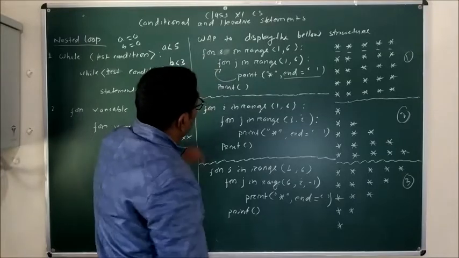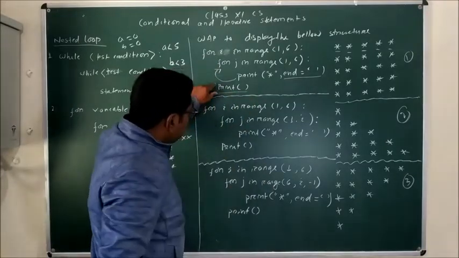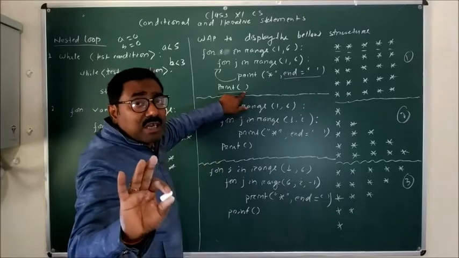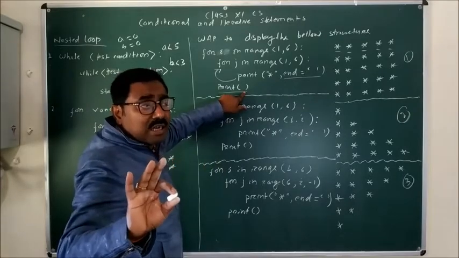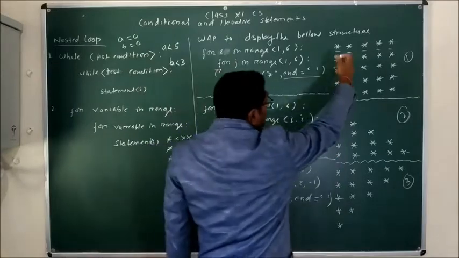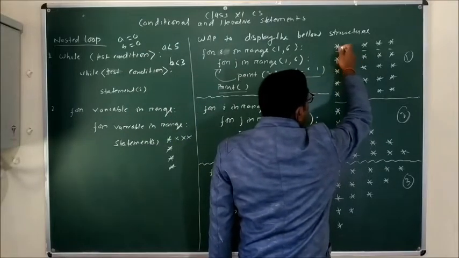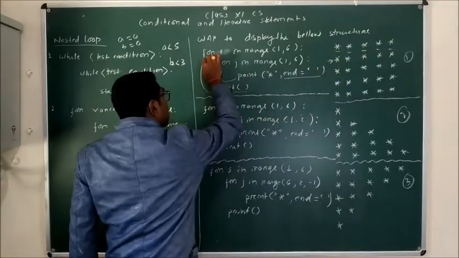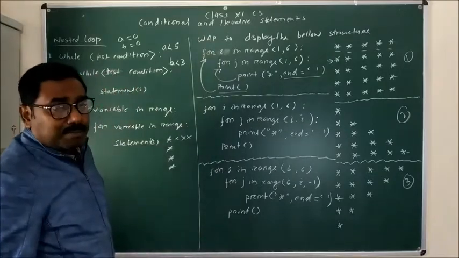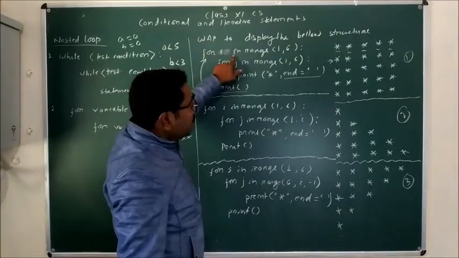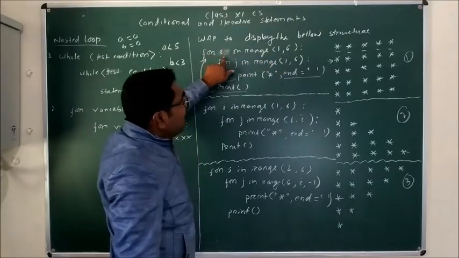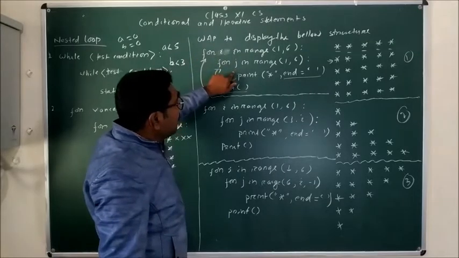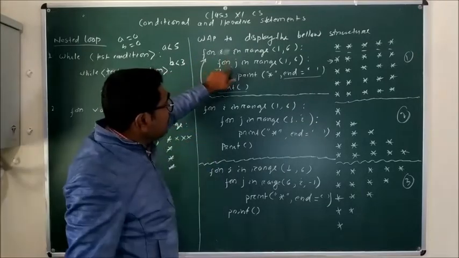And what is written outside of the loop? That is the print statement. The print statement simply has no message, no variable, no quote or keyword, anything. It simply prints a new line, so now the control comes to the new line, and after that the loop is transferred again to i. Now i is increased to 2. Initially i was 1, now the value of i is 2. Here again the j loop will be executed. In the j loop, what happened?